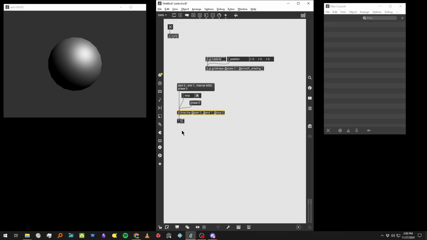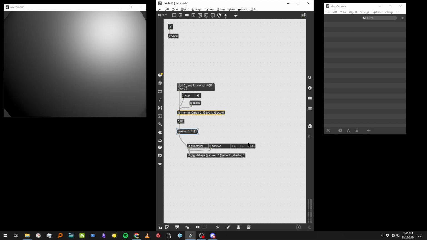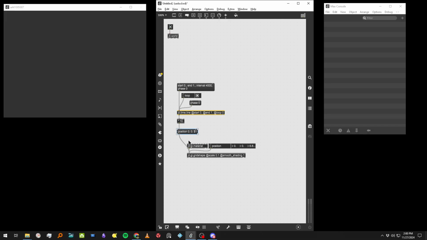I'll scale it, and let's say we took that and made it the z value of this position, and it's gone. So here's the problem with animating stuff that way, is you're moving the shape itself,